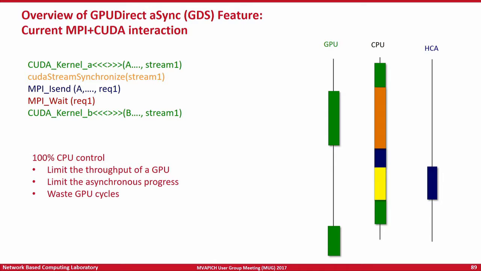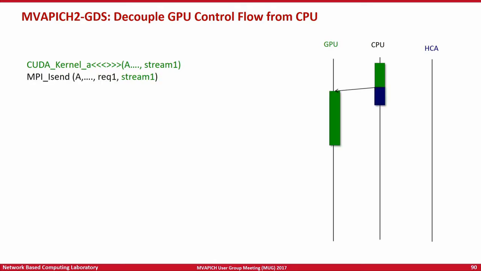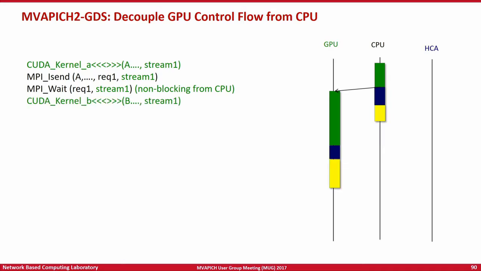As you can see, this completely decouples the control flow between the CPU and GPU, and allows the CPU to do more productive tasks. Here what you saw was that the GPU finished another round of computation and scheduled a kernel which could then run. So the benefit here is that the kernel launch overhead is significantly hidden. These are the kind of benefits that you get with GDS for latency-oriented as well as throughput-oriented kernels. I know I'm rushing through a little because I want to make sure I finish on time.